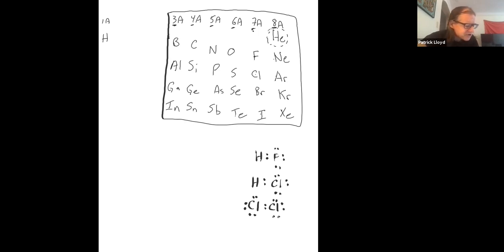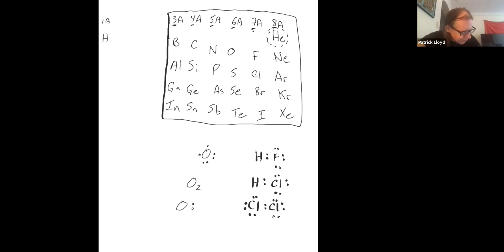Then you come over to 6A. Oxygen has 6 valence electrons. So what does it need? I'm just going to draw these in real quick. It needs 2 more electrons. So what does it do? It needs 2 bonds. Each other atom provides an electron. So it could have 1 bond to 2 different atoms, like H2O, or it could form 2 bonds with 1 other atom. So for example, O2